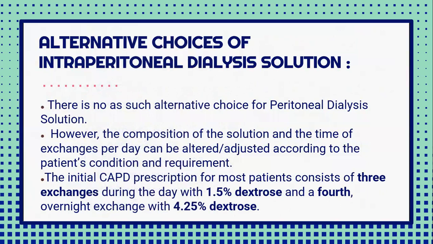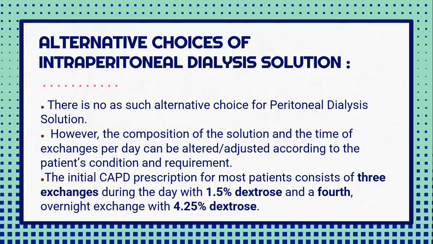Now, coming to the alternative choices of the intraperitoneal dialysis solution. First of all, there is no such alternative choice for peritoneal dialysis solution. Reason being that obviously we have to do the peritoneal dialysis, and for that purpose, we have to use the peritoneal dialysis solution. There are no other treatments or dosage forms or alternative choices available for us to perform the peritoneal dialysis. It must be performed by the use of peritoneal dialysis solution. However, the composition of the solution and the number of exchanges per day can be altered or adjusted according to the